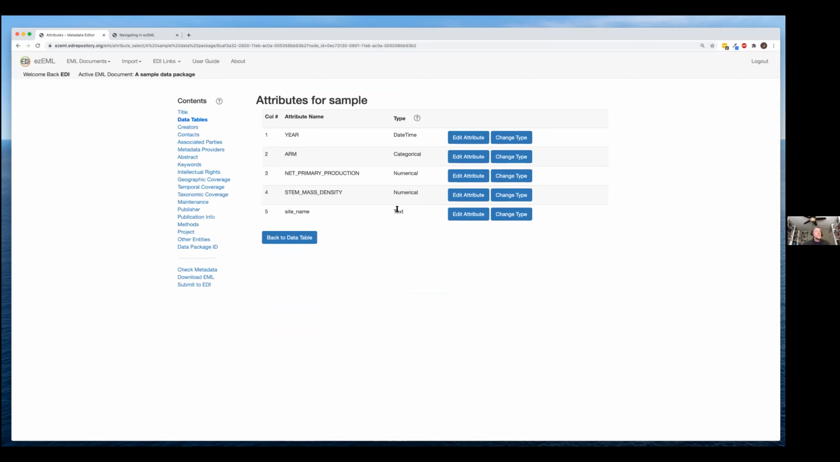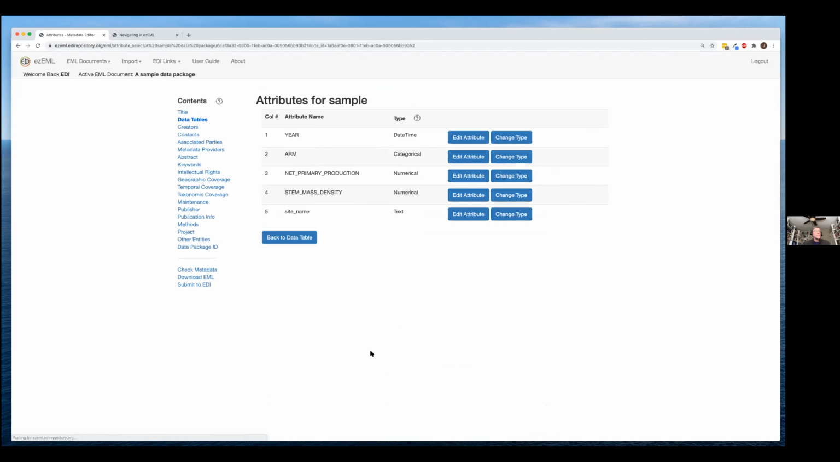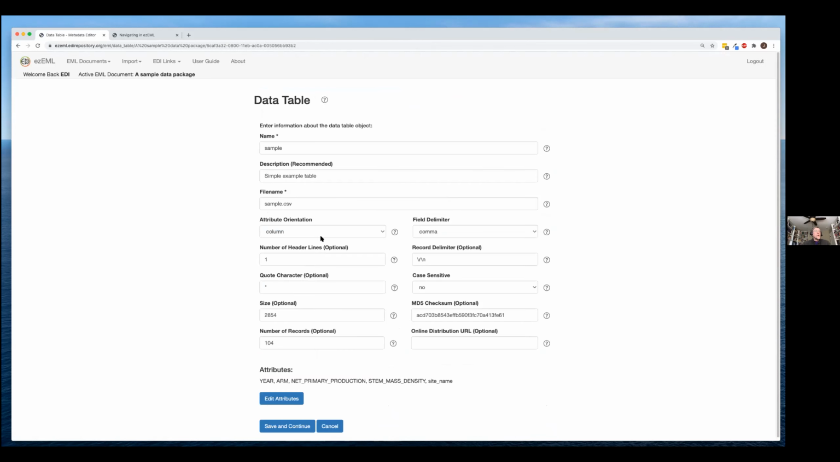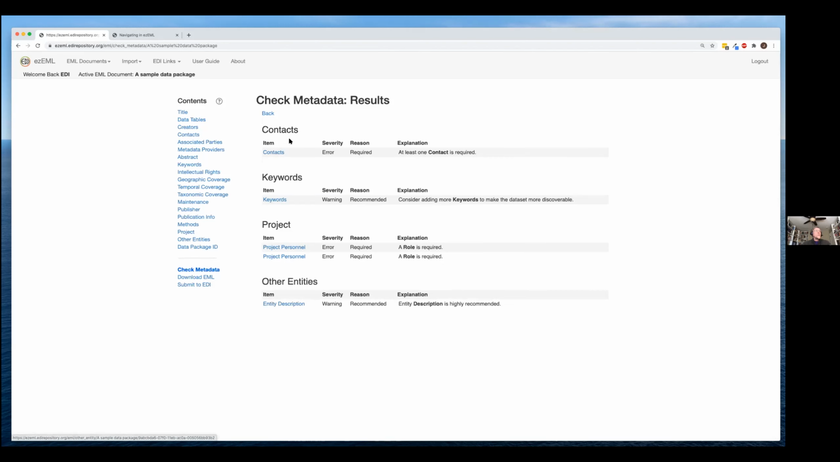And finally, here's a text field, which we didn't see in the other example. It just requires a definition. Name of site, and it does have missing value codes. Okay, and back. So I've gone through each of the attributes and filled in the missing information, saving it. Now if I look at check metadata, there are no errors under data tables. So we've